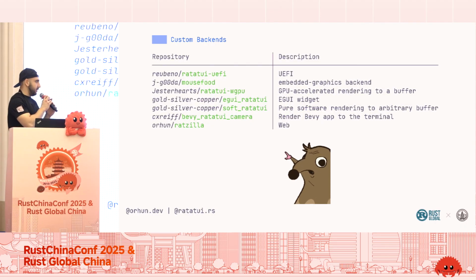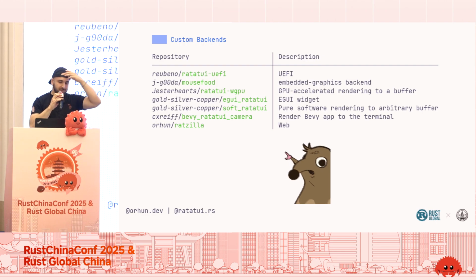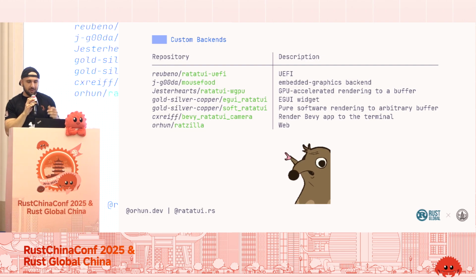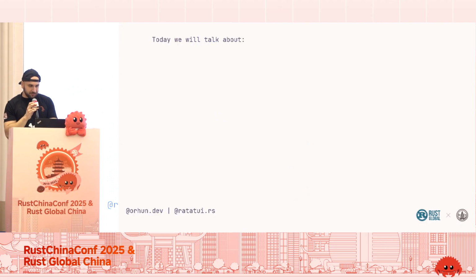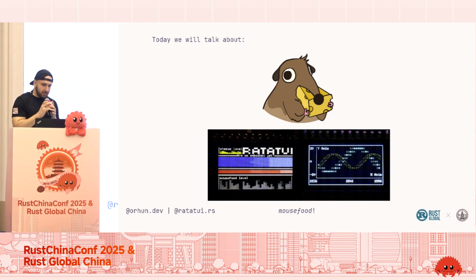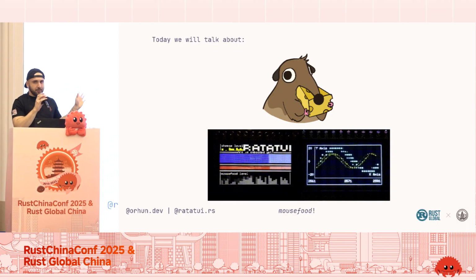So we have some custom backends, such as Ratatouille UEFI. You can just run it on your bootloader because maybe you want to do that. We have Mousefoot, which I'm going to talk about today, and other ones as well. We have this Bevy Ratatouille camera, which means you can just run Bevy apps, like games, in the terminal using that backend. You just need to adjust it in a way that Ratatouille is compatible architecturally, and then boom, it works. As I said, we're going to talk about Mousefoot today, and Mousefoot is for embedded